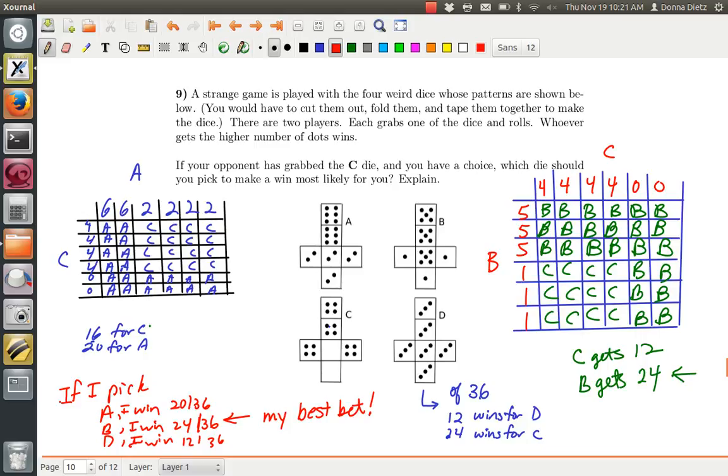So, for example, let's read again. You know what the game is. Whoever has the higher number of dots wins. Your opponent has grabbed the C die, so you have to go C against A, B against C, and C against D, which is what we did. And so we're double checking. This one wasn't a grid, so let's double check it. Each of these